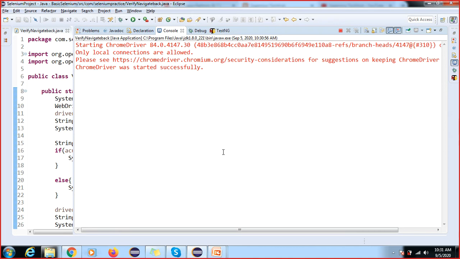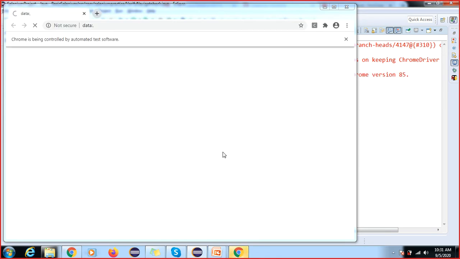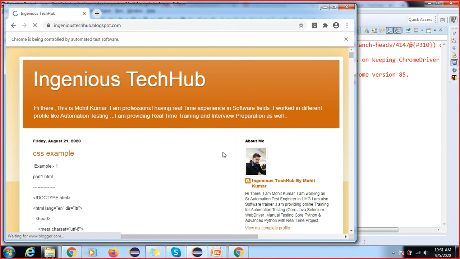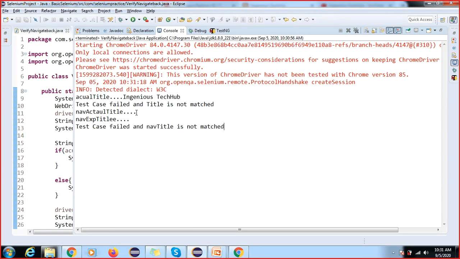So the else block will execute. I know the title will not print because I have given the wrong value. So your assignment is, I'll give you the assignment and I will ask you tomorrow if you completed or not. See, it is going back also, but we are not closing this. So let's see what the output is here. You can see both test cases failed. The value is coming like this, but I have given a wrong value.